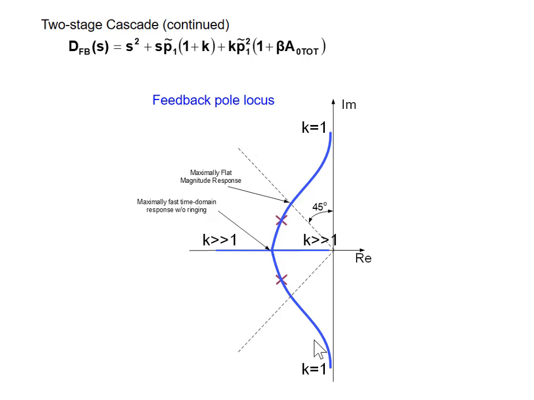You can show that if the poles are coincident on the imaginary axis, when they come down and become a pole doublet, that corresponds to maximally fast time to magnitude response without ringing. It goes up as fast as possible, but doesn't overshoot and ring. So when we design amplifiers, we usually design amplifiers so that the poles, if they're complex conjugate poles, are between